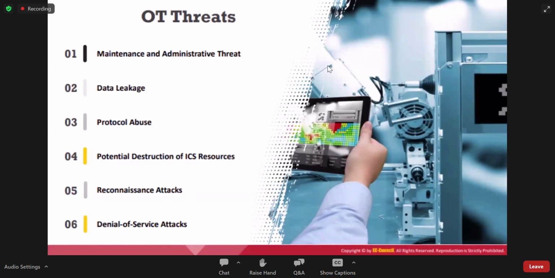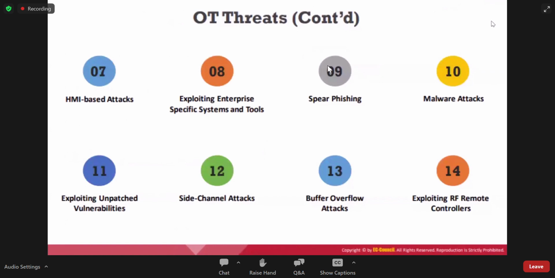Attacks will mostly happen as internal threats only. Okay, protocol abuse, we would need a very skilled person in the OT environment, but it is not going to happen. But we can expect these kinds of threats in an OT environment.